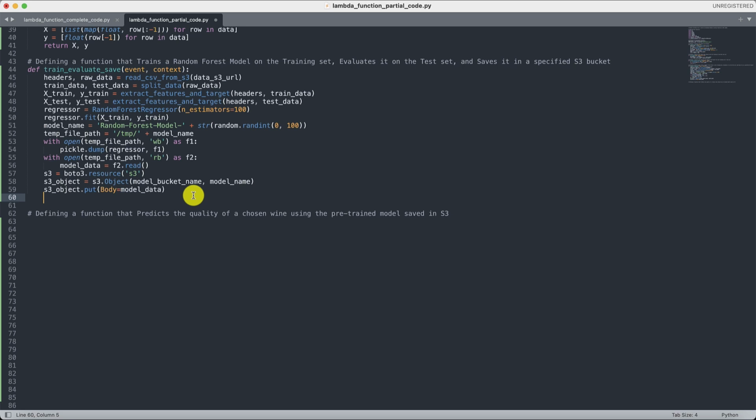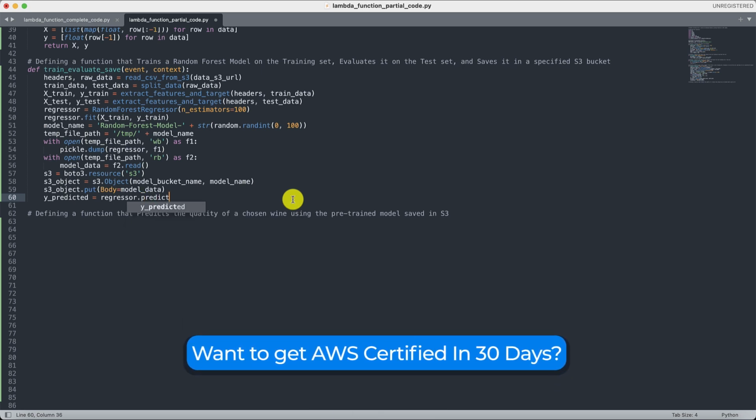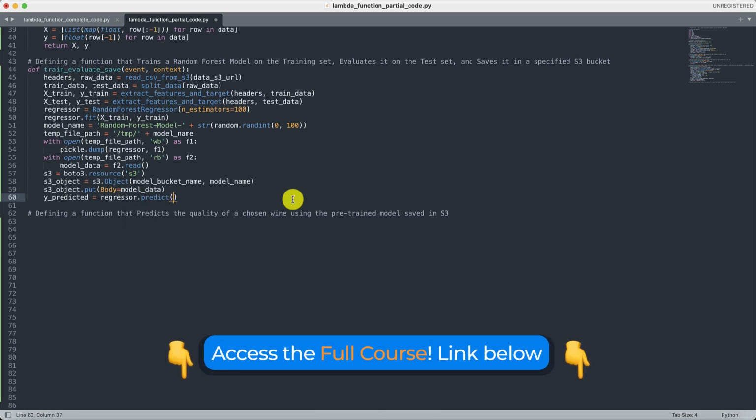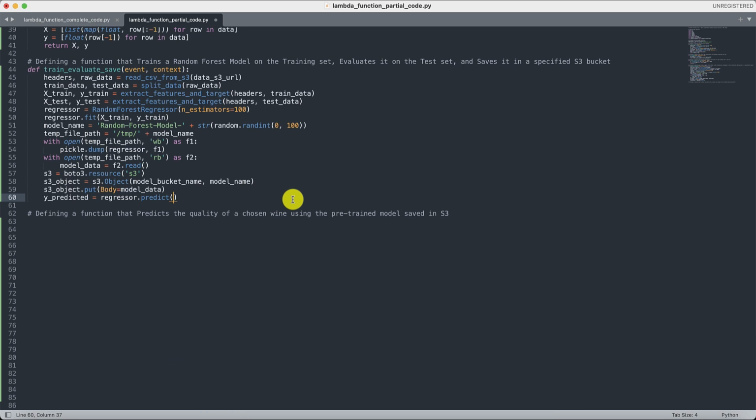Okay, so let's enter them in a new variable which we're going to call y_predicted. And then how we're going to get those predictions? Well, we're going to take first our regressor, right? Our random forest regressor model, which indeed we call regressor here, from which we're going to call this time the predict method, which takes as argument what? Well, of course, the data points in the test set, but without, of course, the target,